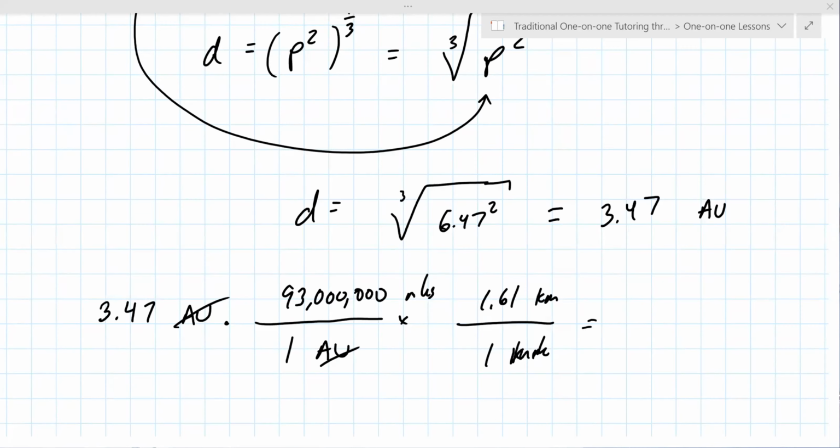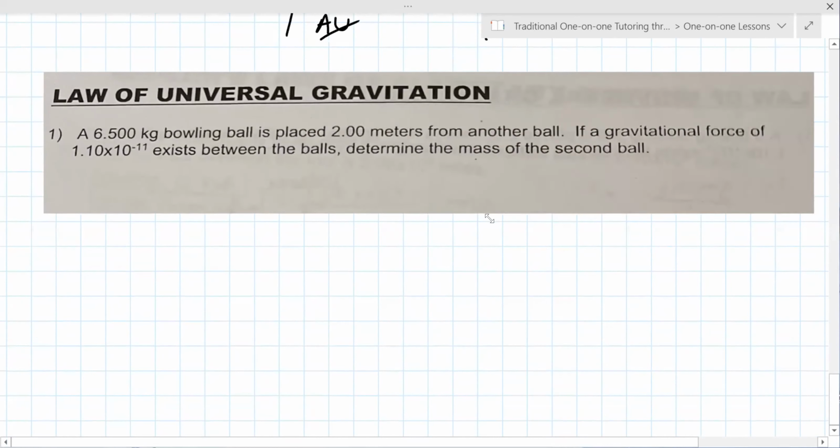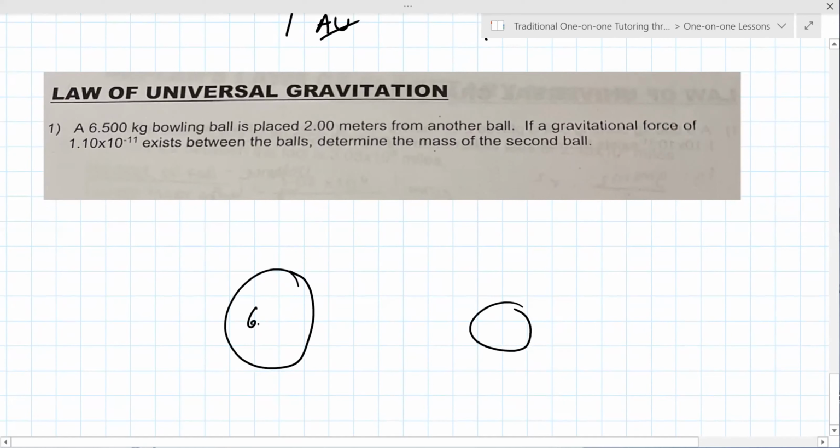All right, so I'll just snip in a question here. A 6.5 kilogram bowling ball is placed 2 meters from another ball. Here's ball 1, and here's ball 2. This one is 6.5 kilograms, and they're 2 meters apart. And they're telling you the gravitational force between them is this number here, which doesn't mean much to us, but